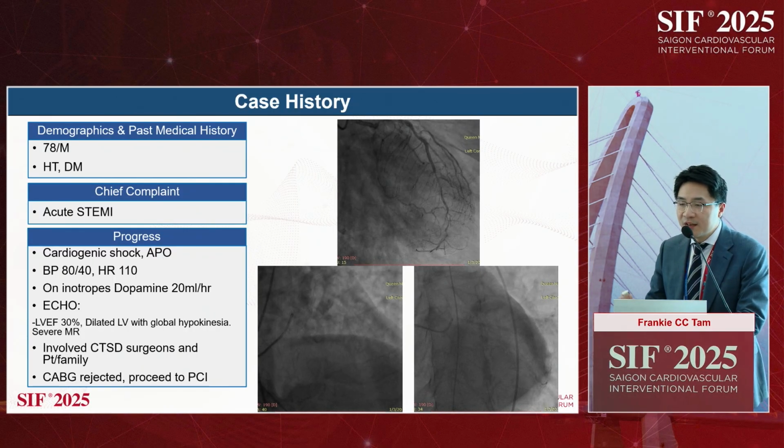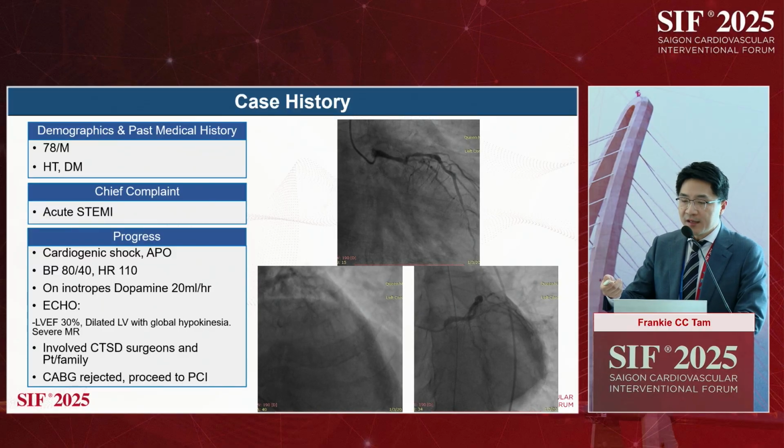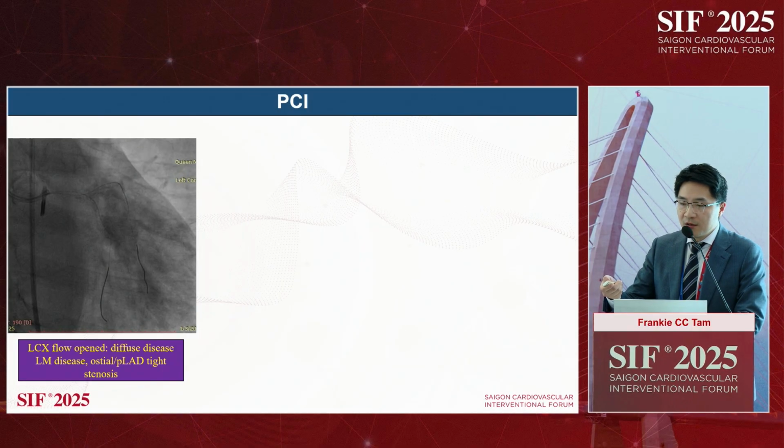Okay, so you can see this is a very extensive disease in the left main, LAD, and circumflex, and this patient is in cardiogenic shock. So we want to do it quickly, so we quickly rewire